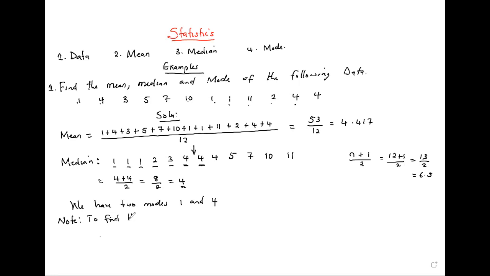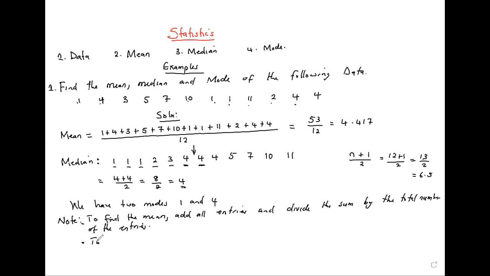To find the mean, add all entries. To find the mean, add all entries and divide the sum by the total number of the entries. 1, 2, to find